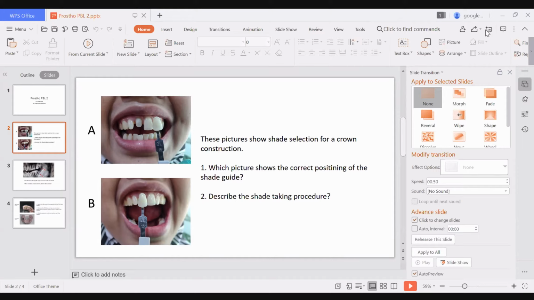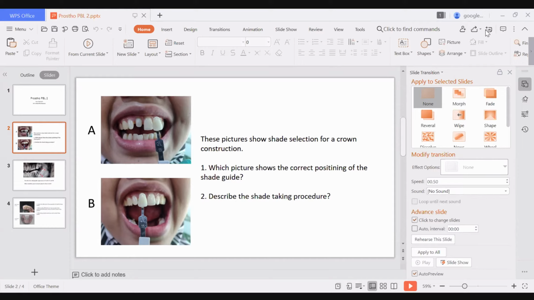Now, Athena, we cannot be moving our dental chair around because it's fixed on the floor, okay. So if you want natural lighting, sometimes, I don't know, when you were in clinic before, you might have seen me with your seniors going over to the window with the patient and trying to get the shade under natural lighting, especially if it's gigi depan lah, okay. So we go to the window, get natural lighting,